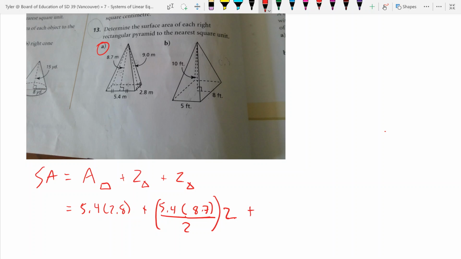Plus, and the last one is going to be a base of 2.8 and a height of 9.0. Divided by 2, multiplied by 2 because there's two triangles. So those will cancel out, the divide by 2 and multiply by 2. So when we throw it in the calculator, we're going to get